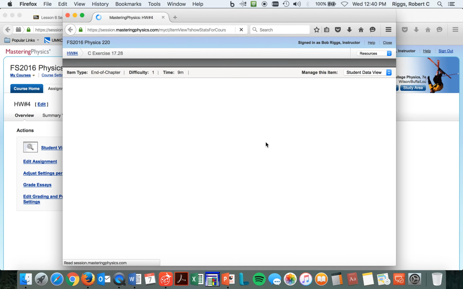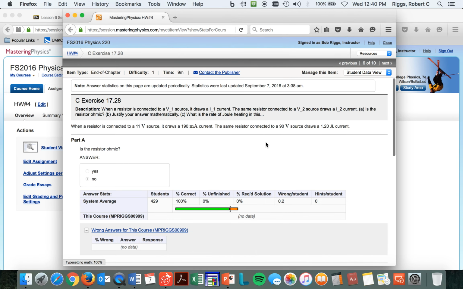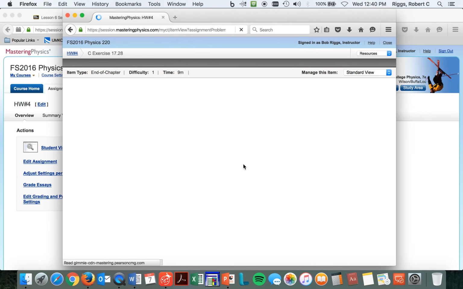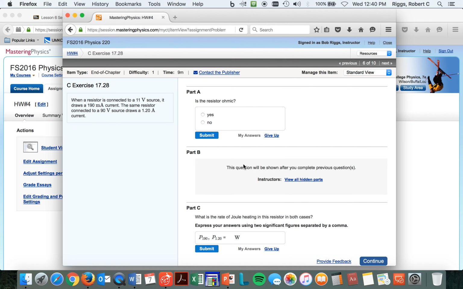This one doesn't look like too many people have attacked this one, so we'll see. I'm wasting all your time. Sorry about that. What does this say? When a resistor is connected to an 11-volt source, it draws the same current. Well, that's dumb. All right. Waste enough of your time. I will find it and come